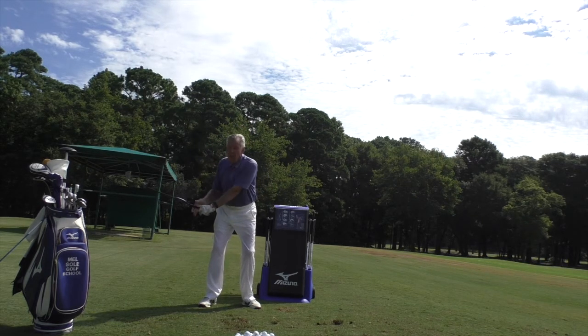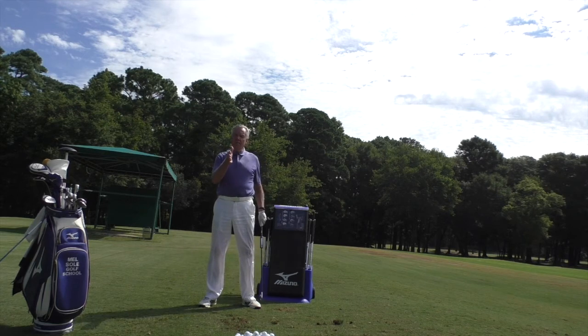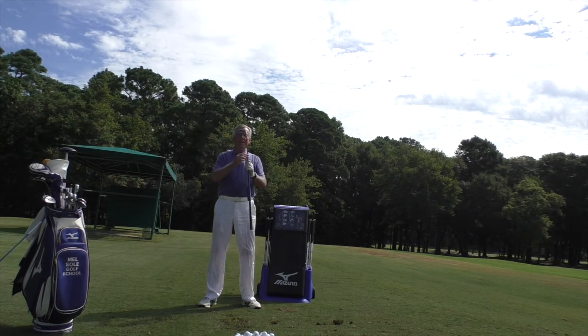Coming down, the bend in the shaft coming down, which is the speed of the downswing. Impact, how does the shaft react at impact? And then finally, club head speed. Those are the 5 measurements that this makes and puts onto my